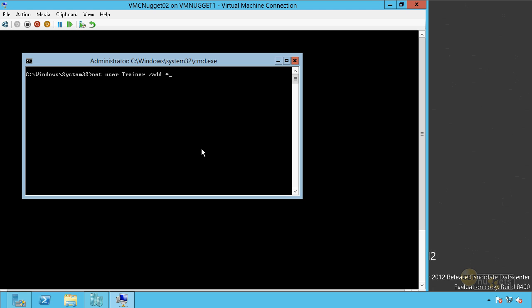Oh, also there's another thing you can do here. If I just put in an asterisk, it'll prompt me for the password. Otherwise it will not assign a password, and I'll just have to change it at the first logon. Okay, so I'll enter in a password and confirm that. You can't really see what I'm typing, of course, because it doesn't show on the screen,